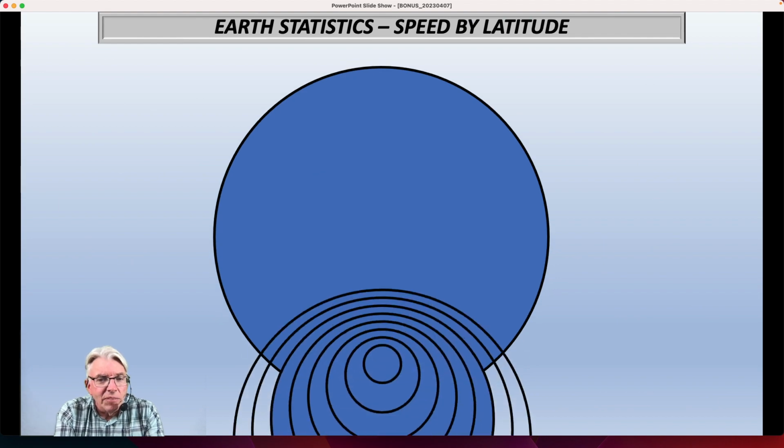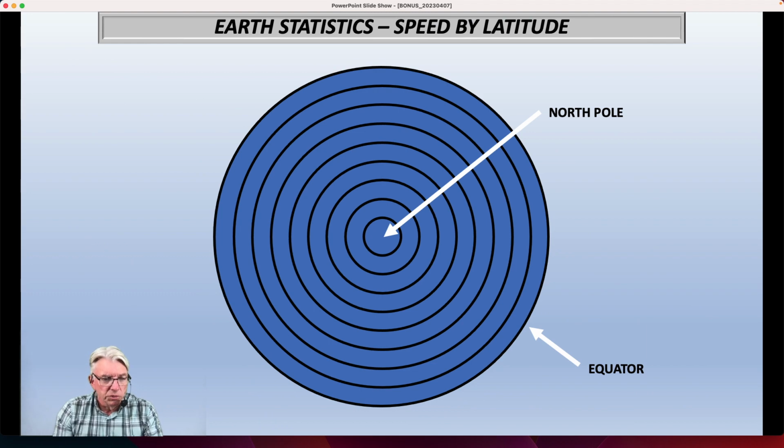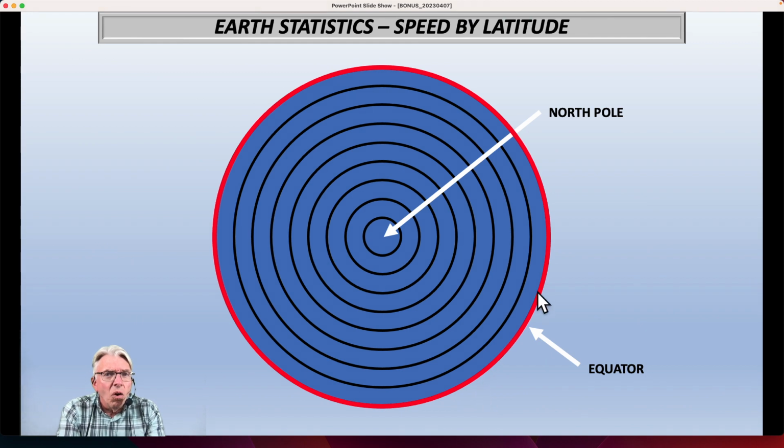So here we have the Earth again. And here we're looking down on the Earth on the North Pole. So here's the equator out along the edge, and the North Pole is in the middle. So you are directly above the North Pole looking down on the Earth. Now, the Earth is spinning at the same rotational rate, if you will, everywhere. But think about this. At the equator, it has to cover all of this territory, all the way around this